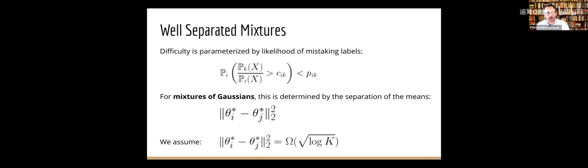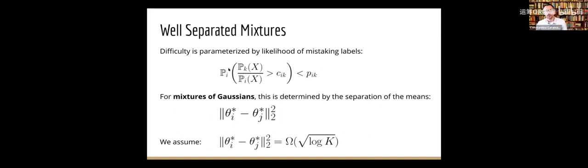Okay, so now I'm thinking about this setting where I have, for Gaussian mixtures, root log k separation. So where does that come from, and how should we think about it? The same way that for Gaussian mixtures, I showed that horizontal axis that parameterized difficulty, in a more general problem of mixtures, difficulty is parameterized by how likely we are to think that a particular point that we see came from mixture i when it really came from mixture k. And so this is what this is saying here.